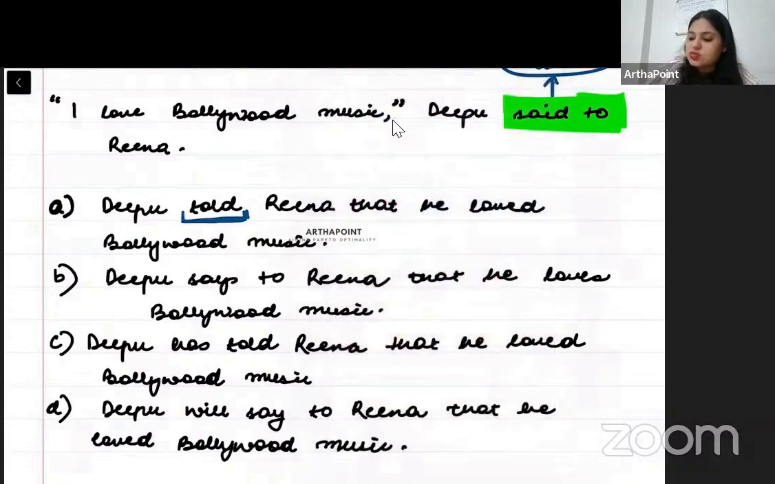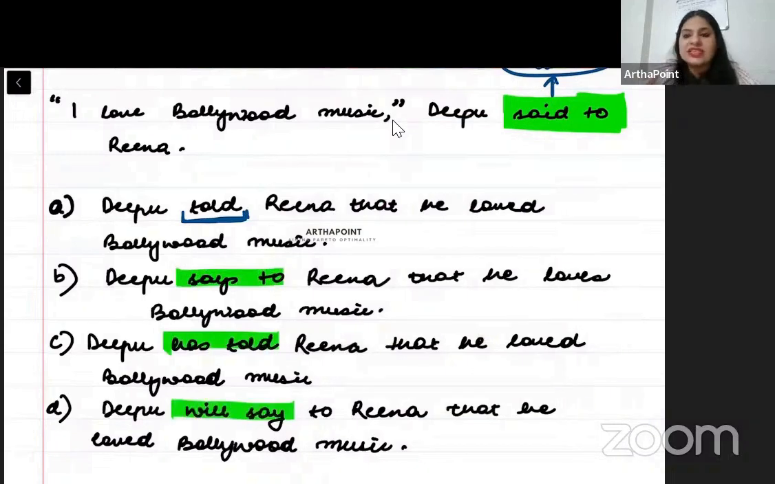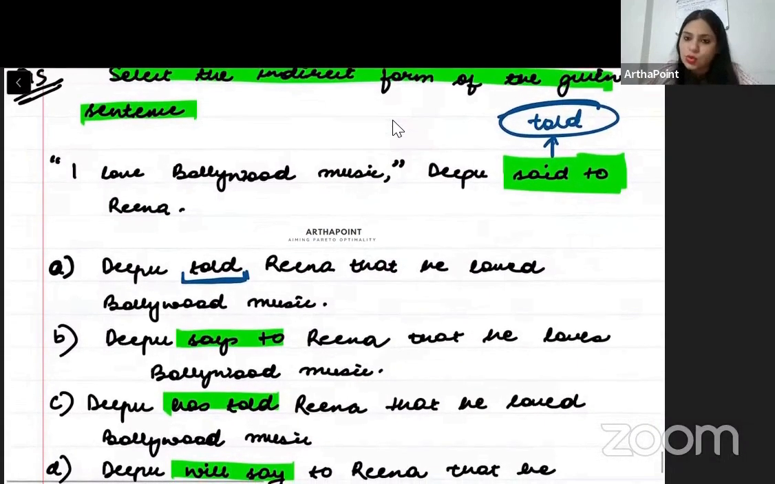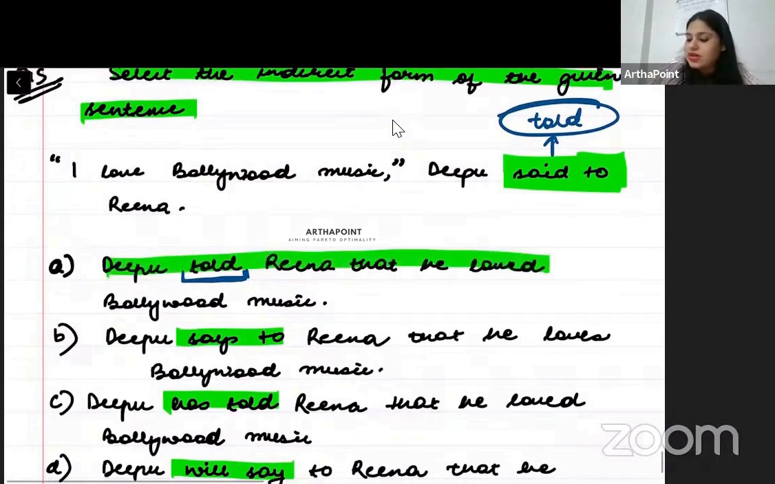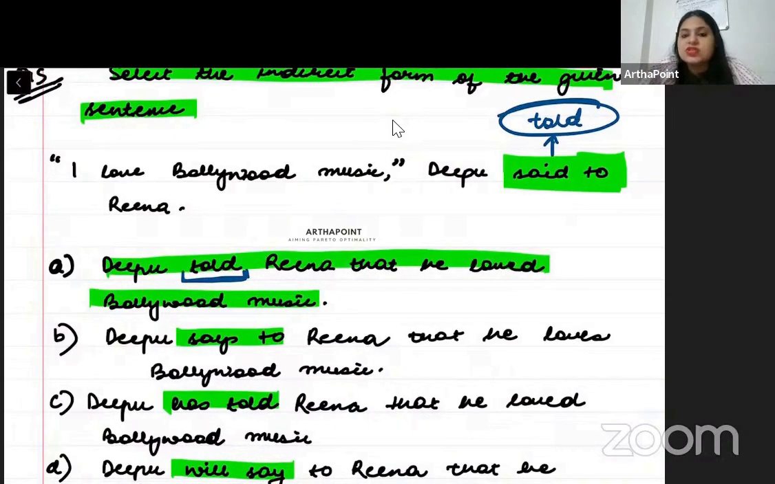This says to, this is incorrect. Has told, incorrect. Will say, incorrect. Said to is always converted to told. So Deepu told Reena that he loved Bollywood music. Right? So this is the indirect form of this. Right? So you must know some active passive rules, some synonym antonym, and most importantly, comprehension for practicing these kind of papers. Okay. So that